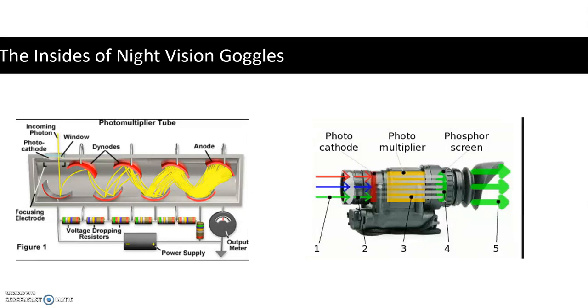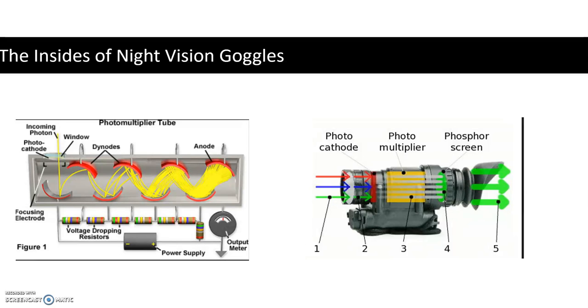That process is just repeated, and every time we have an impact, there are more and more photoelectrons released. You can kind of see that in the diagram as they repeat that process. We call that part of the device the photomultiplier. You could take one photon coming in and get several thousand photoelectrons leaving. So it really does a great job of taking a little bit and turning it into a lot. Once you have all these electrons, they're accelerated and hit a screen, and then an image is formed.